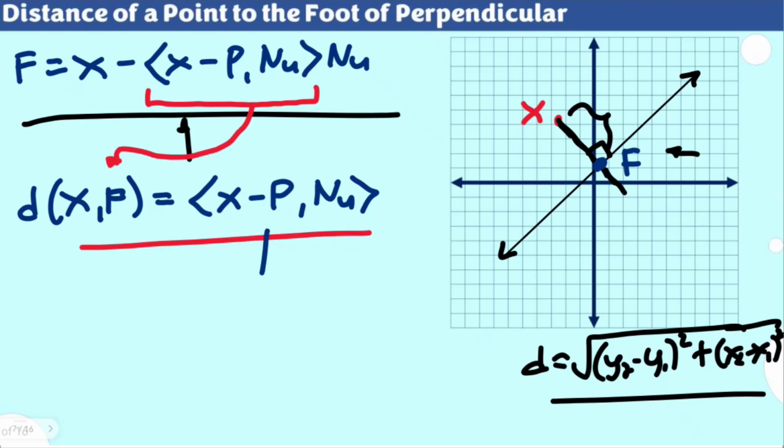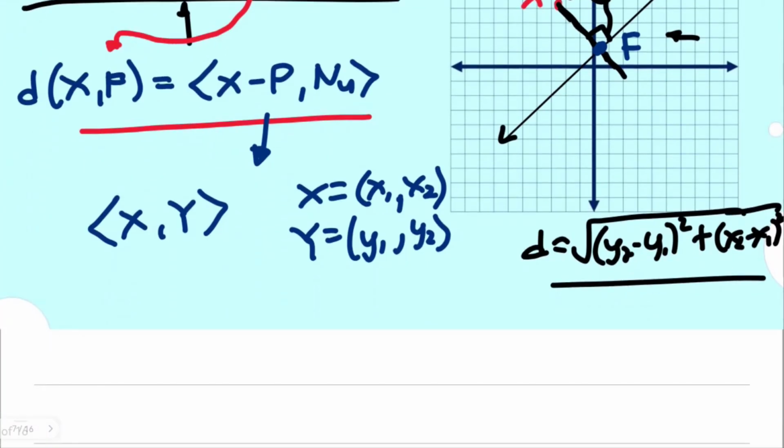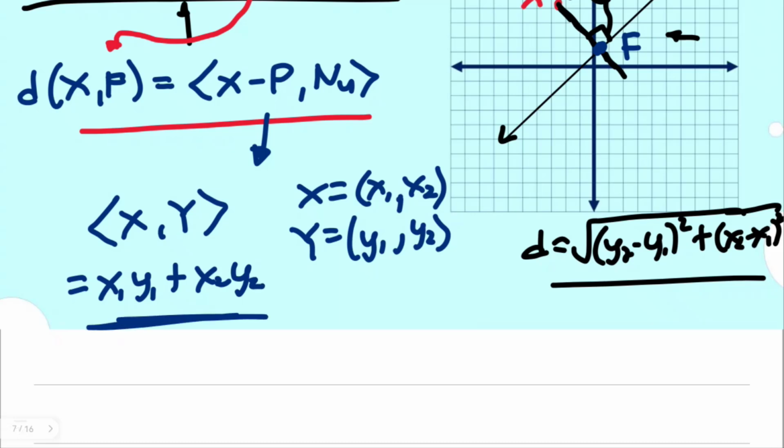But since the inner product could be negative, because we're simply trying to multiply the components, as you can remember, the inner product of, say for example, X and Y, with components for X being X sub 1 and X sub 2, and for Y being Y sub 1 and Y sub 2, and since they are all real numbers, you could take negative values. The inner product is the result when you multiply X sub 1 and Y sub 1 plus X sub 2 and Y sub 2. This is possible to be negative depending on the value here.